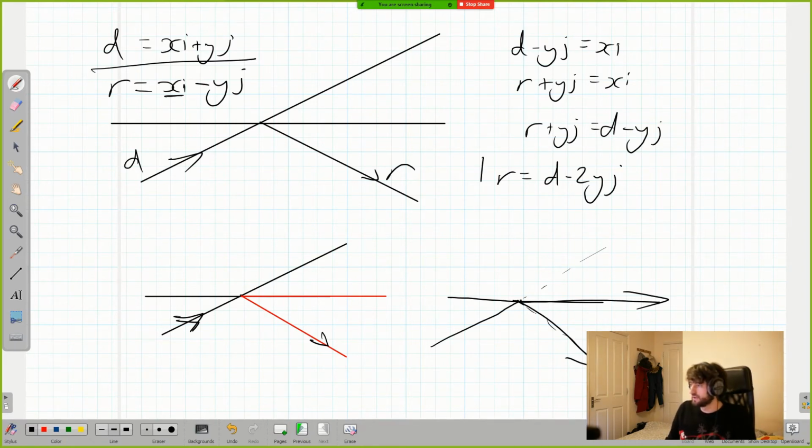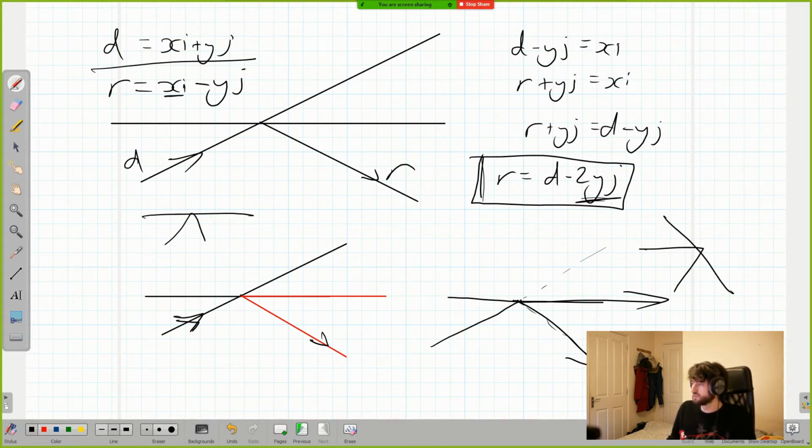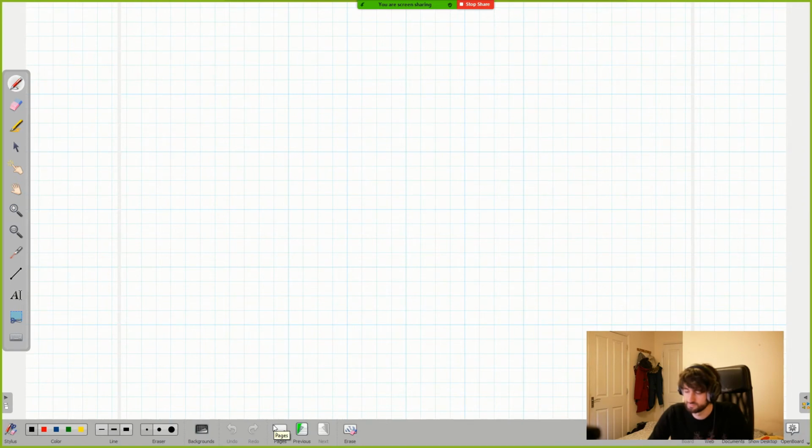So we now know this relation. This is the vector we want, but we don't want it in terms of y, because that only works in this frame where we're this way around. We want something that's going to work in every single direction. Right. So we're going to say that